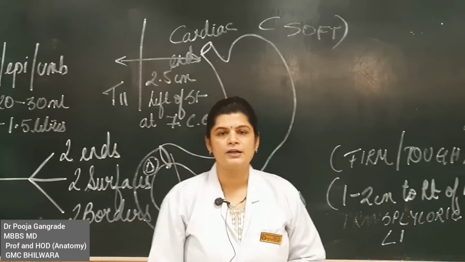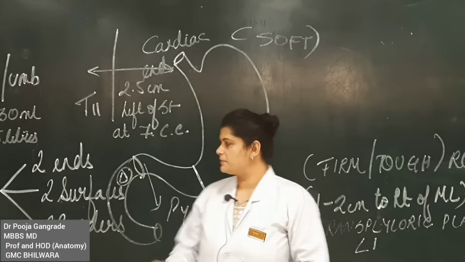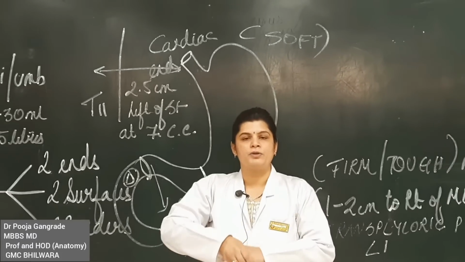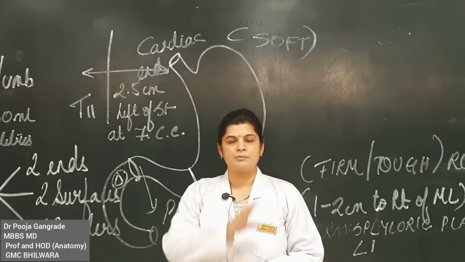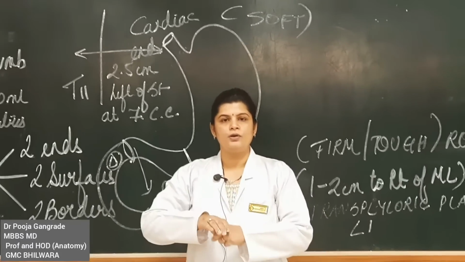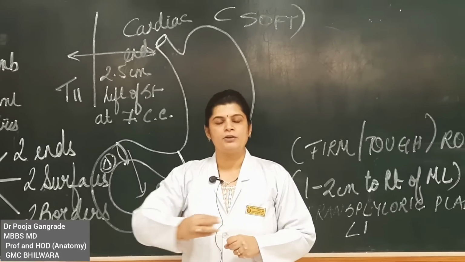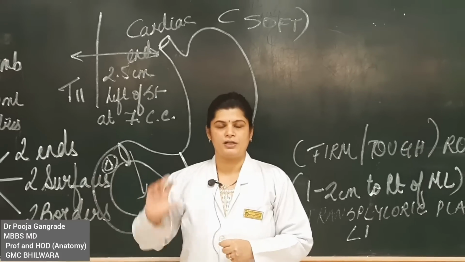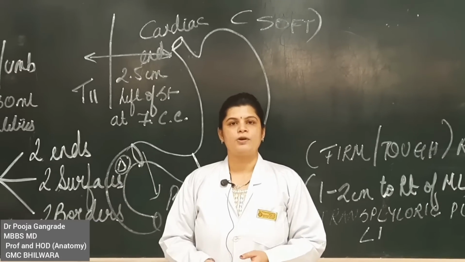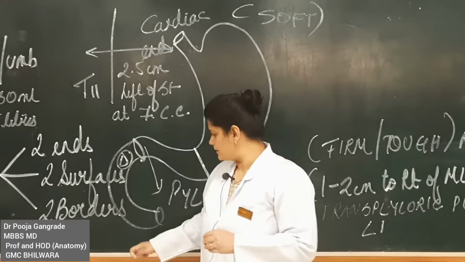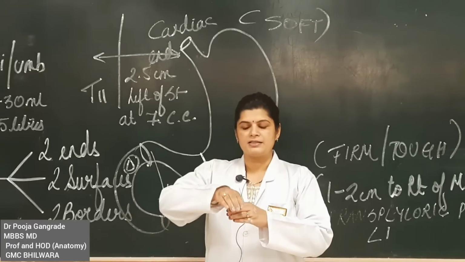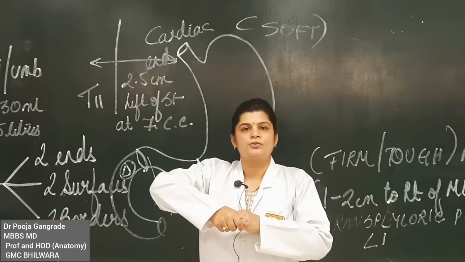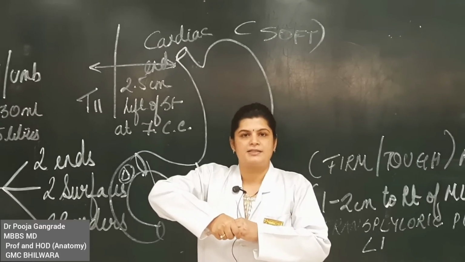Now, there are few interesting points which are related to the pyloric end of the stomach. The pyloric end of the stomach, sometimes these circular muscles are very tightly bound. इनका काम क्या है? स्टमक से खाना जो आ रहा है उसको बंद करके रखना, so that periodically emptying होगा स्टमक का, एक साथ flushing out, gushing out नहीं होगा. But in some cases what happens, this pylorus, the circular muscles are very tight. This condition is called as pyloric stenosis.